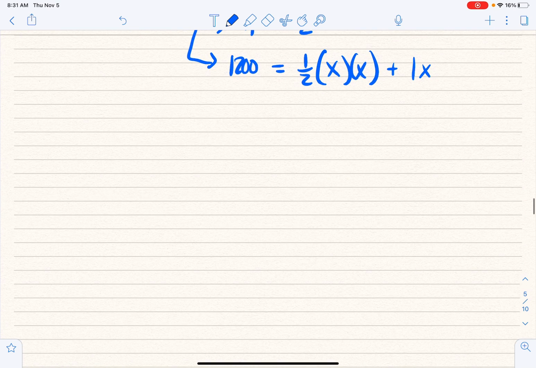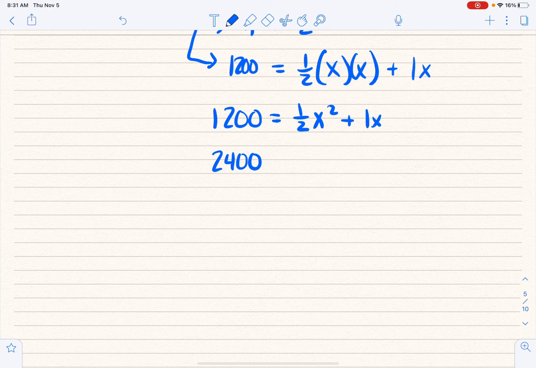I can simplify that a little bit so that it says 1200 is equal to 1/2 x squared plus 1x. Now, again, I think it's worthwhile just to go ahead and get rid of that fraction to make it a little bit easier on myself. So I'm going to go through and multiply everything by 2 and get 2400 is equal to x squared plus 2x. Push everything to one side, x squared plus 2x minus 2400